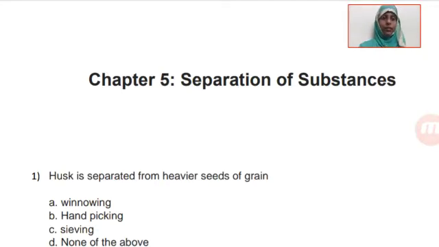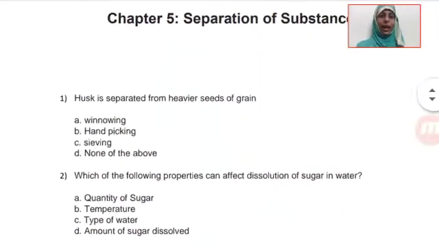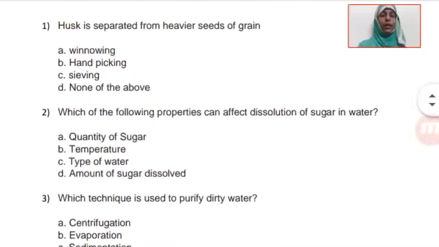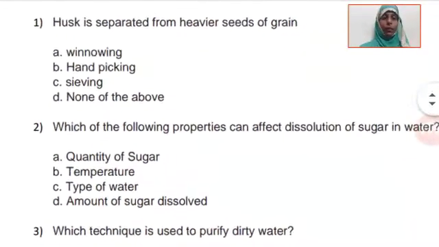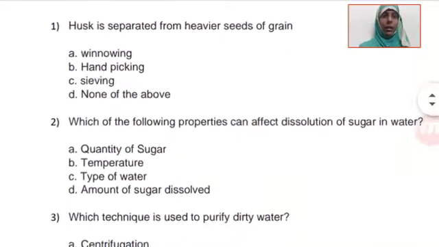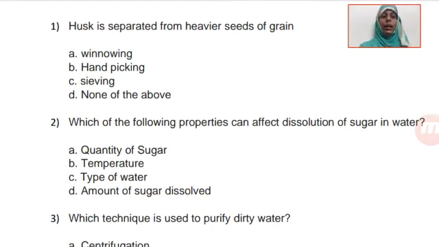Write worksheet, and put question number 1, multiple choice questions. Under that, put sub question number 1 and write: husk is separated from heavier seeds of grain by which method?